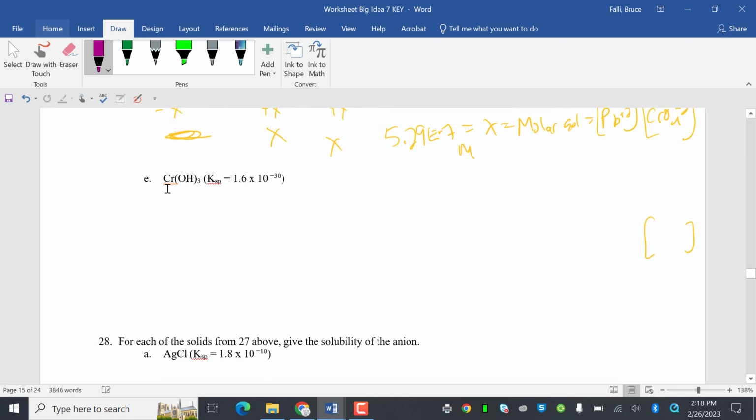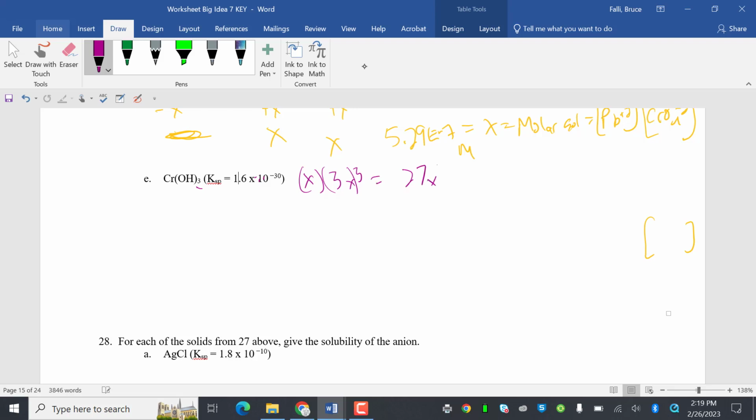So notice here we've got a different deal here. Okay. So we got a different deal here now. So notice how this is going to be x times 3x cubed. So that's going to be 27x to the 4th is what we're going to get. So CrOH taken 3 times is in equilibrium with chromium plus 3